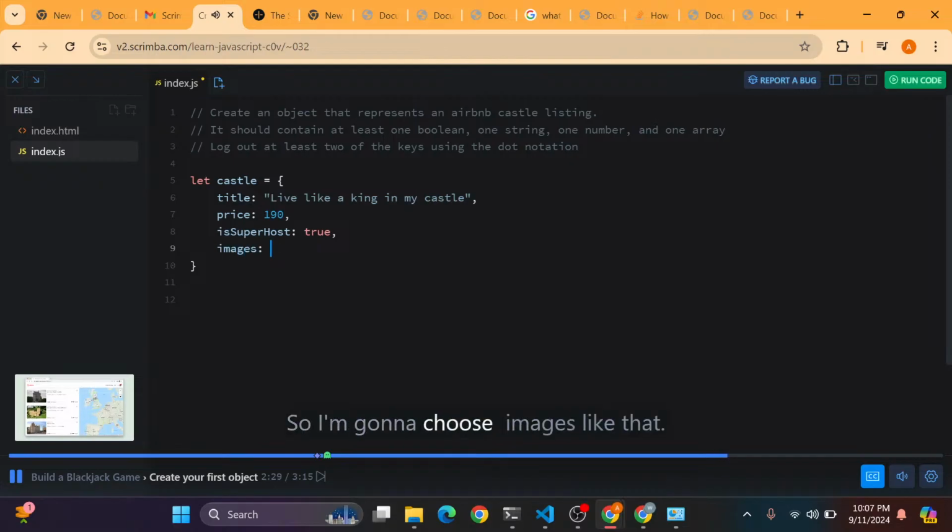So I'm going to choose images like that, make that an array. And here we probably have URLs to the specific images. So it might be img slash castle1.png, img slash